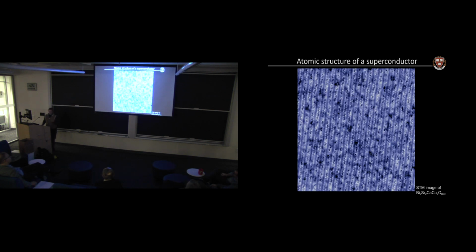And I want to make the case for why atoms, why this middle ground is really something to be passionate about for a long time. So I took this image. This is actually an image I took in my first year of graduate school, and I framed it and I put it on my wall. I thought it was so beautiful. This is the image of atoms on the surface of a high-temperature superconductor called BSCCO.